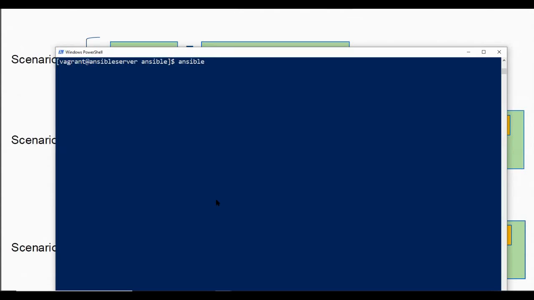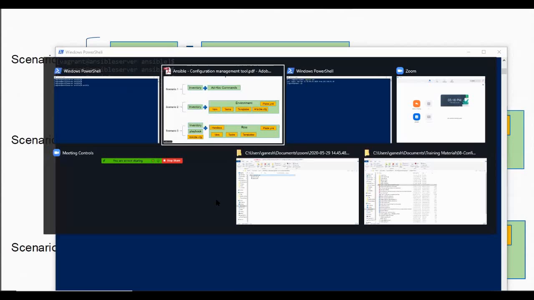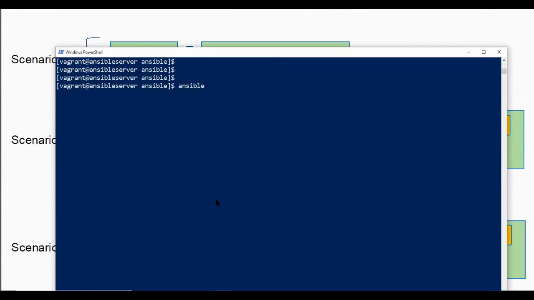So a typical way that we are going to write it, let me just take this here. As I said, it's always going to start with the word ansible. It is going to be followed by the target group name or the machine name. Let's say here we are going to execute it on the app server group.